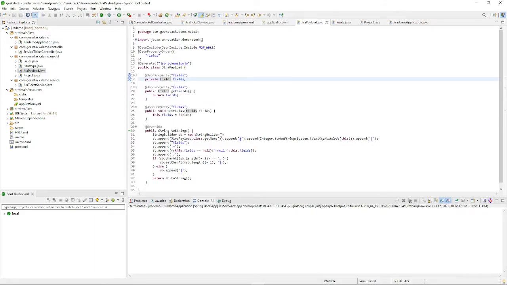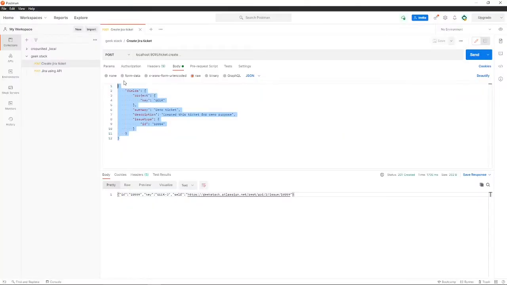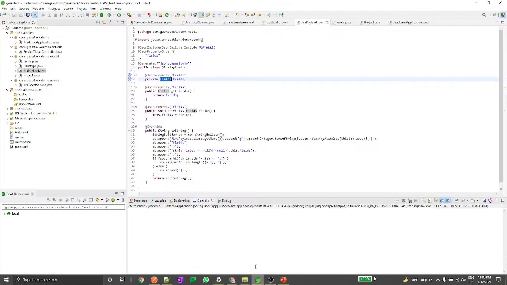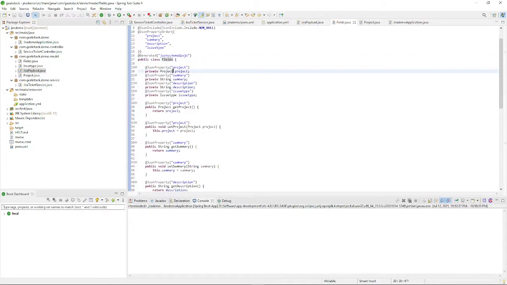If you see in this model, it has fields, right? In our JSON also, there are fields, and fields has the properties like project, summary, description, issue type. So if we come over here, similarly our fields class also has project, summary as a string, description, and issue type.